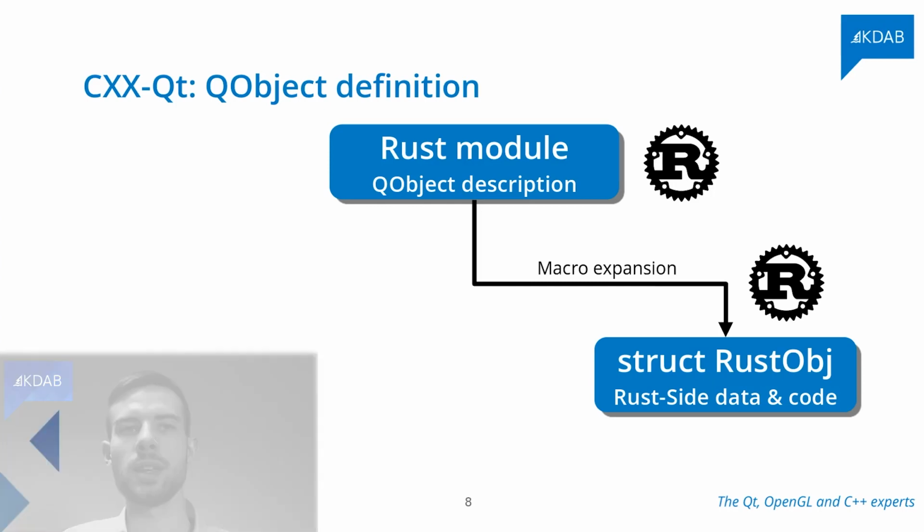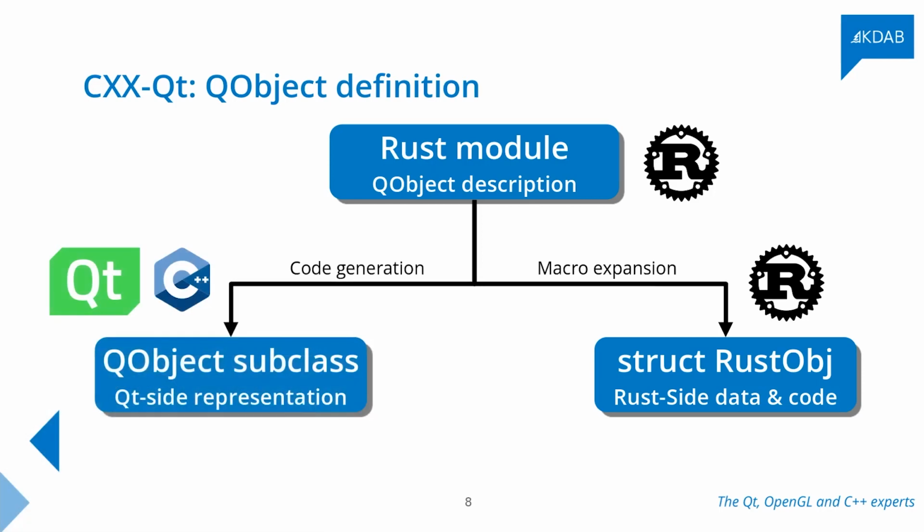And the second part then is the code generation that can be done automatically from the Rust module to create an entire subclass of QObject. Currently, unfortunately, only QObject. So if you want to define a list model, for example, you'll have to wait until we get that feature into CXX-Qt. But we will get that into CXX-Qt at some point. That automatic code generation for the C++ side can then be the basically Qt side representation of your QObject. These two representations can then safely interact using CXX.